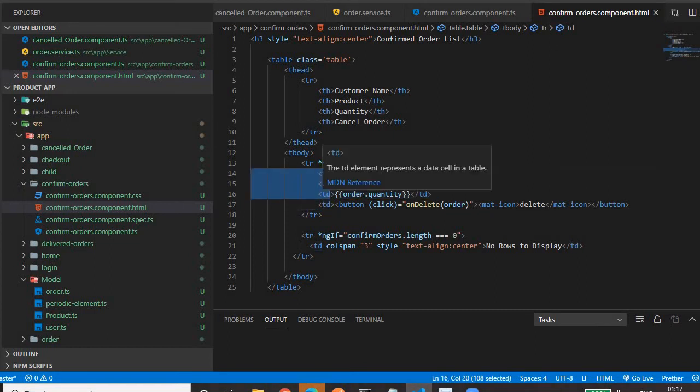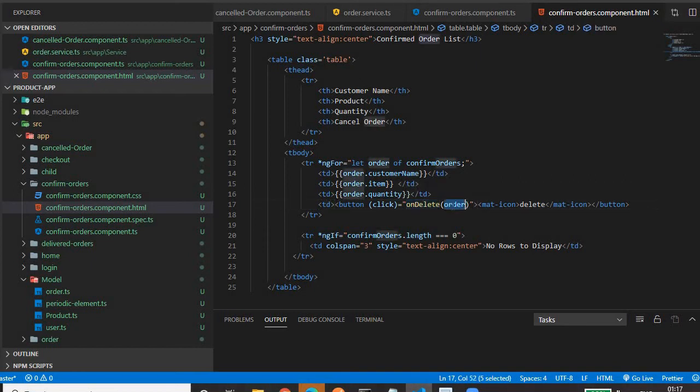Along with that we have one extra column for the delete button, so that on click of delete, that record will be deleted. Okay, so what we are doing here on click of delete is passing the order that we want to delete.